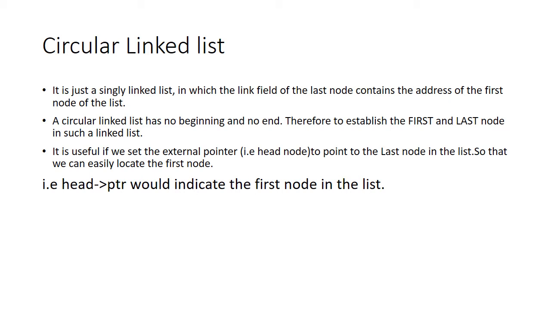Whenever you create any list, and when you are creating the very first node, the pointer field of that first node will point to itself. But remember that, the pointer field of that one will point to itself, and that node happens to be the very first node. Therefore, it will be treated as first node as well as last node.